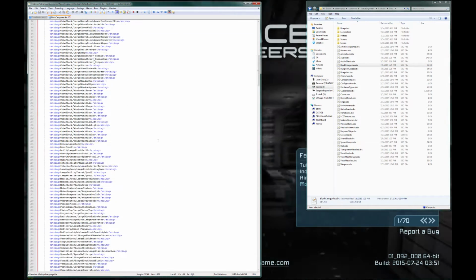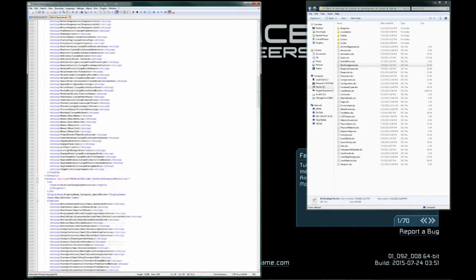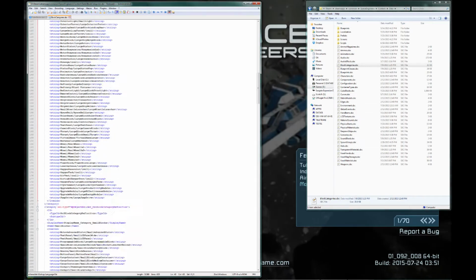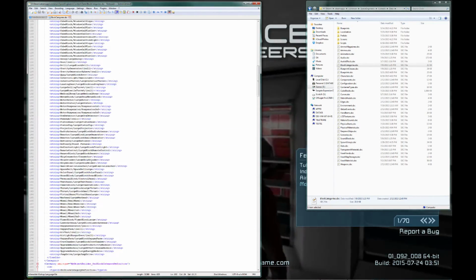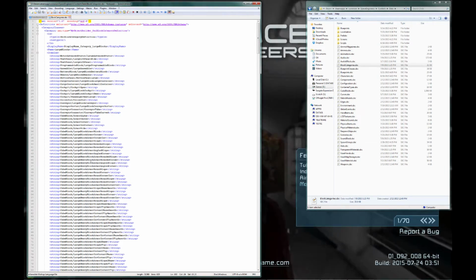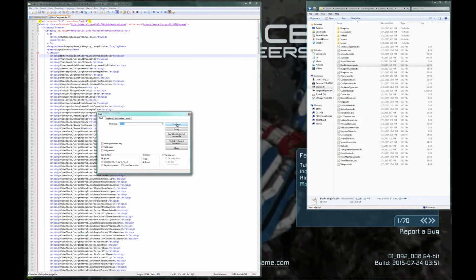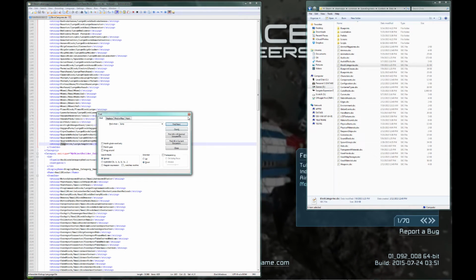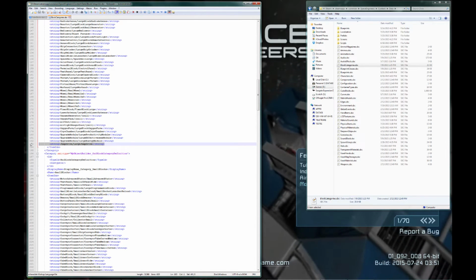And I would need to add my jump drive in here. There's small blocks here, and this is a list of all the large blocks. So let's find jump drive, and then we'll add